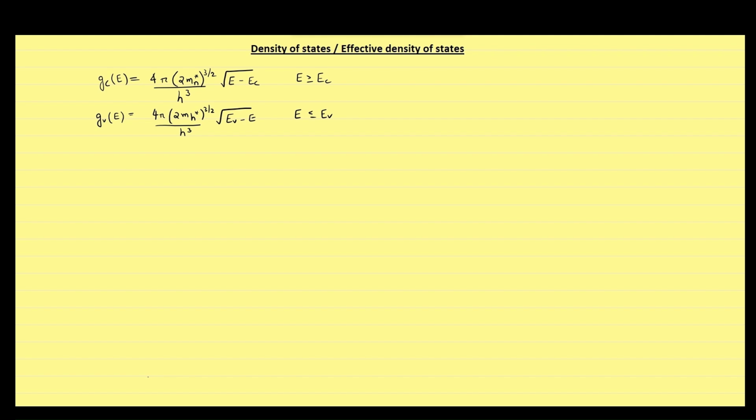Here, EC is the minimum of the energies of electrons that are considered to be in conduction band. Similarly, EV is the maximum of the energies of the electrons that can be considered to be present in valence band. The Fermi distribution function can be used to calculate the concentrations of electrons and holes in a semiconductor provided the density of available states in the conduction band and valence band are known. For example, the concentration of electrons in the conduction band is given as